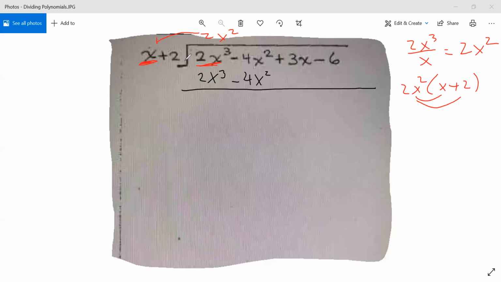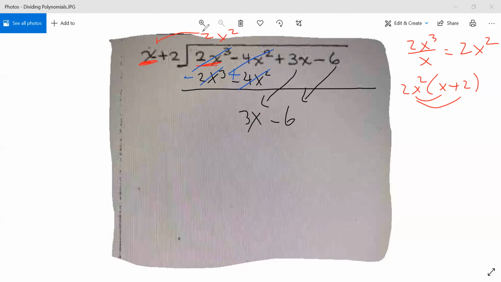And when you're subtracting, you will just change the sign of each term. So go ahead and change the sign of each term here. So make this minus, make this plus. Therefore, when you combine them, this is just going to be 0, so they cancel each other. And here is negative 4 plus 4, and they both have x squared, so they also cancel each other. Now you have the other two terms left, so you will just bring them down. So bring this down, 3x, bring this guy down, negative 6, and then repeat the process one more time until